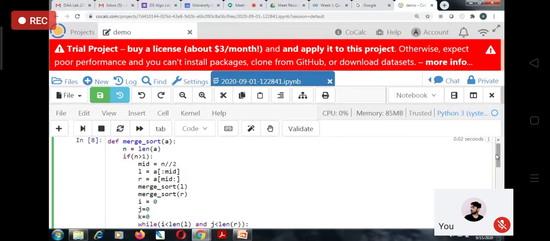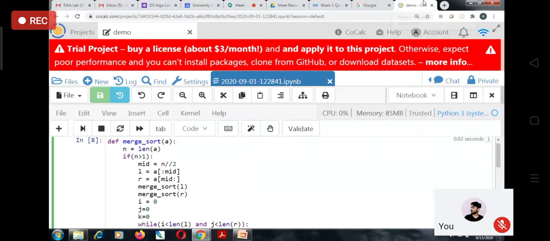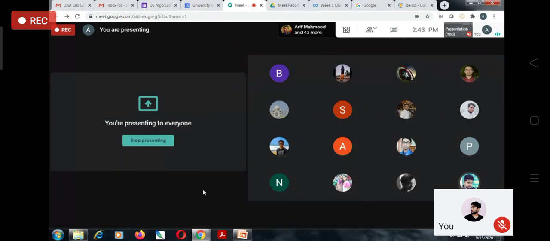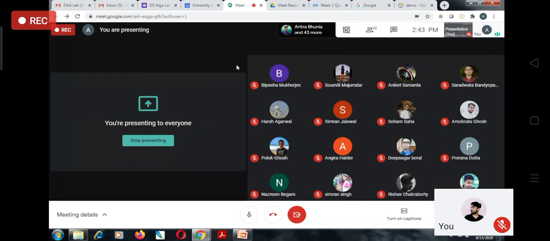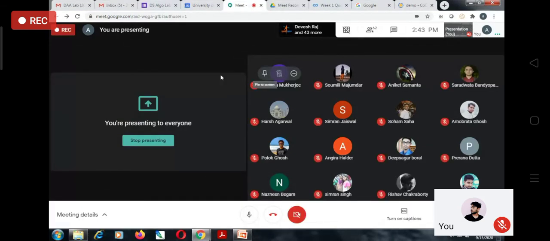As I have shown you the merge sort algorithm already, I hope you can implement quick sort in a similar way using a recursive function. Please respond whether you will be able to do that or not. Ma'am, will you send that code to the official group so that we can see it afterwards? This code? Yes, ma'am. Ma'am, should we send this code already, because they have not had it in their assignment yet? Ma'am, are you there?